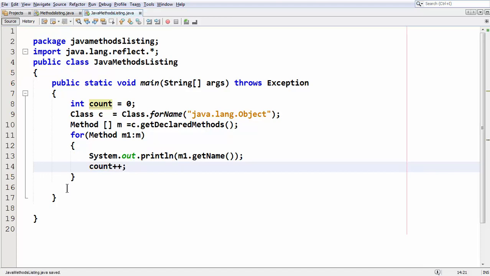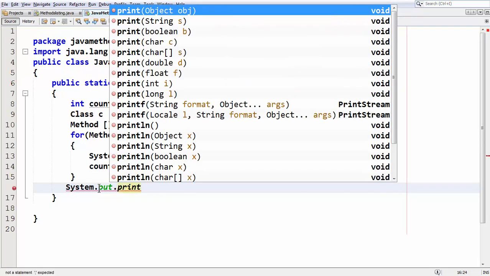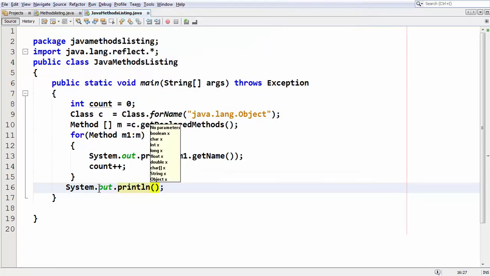Okay, so just to find the count of how many methods we have declared here. After coming out of the loop, let me print the total number of methods: System.out.println. I'm directly writing the Object class here. So the Object class has